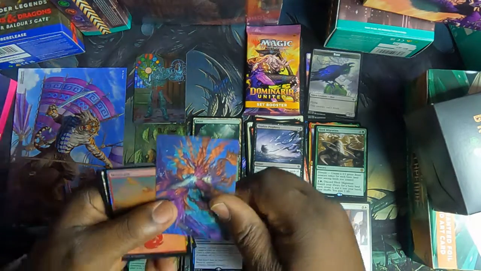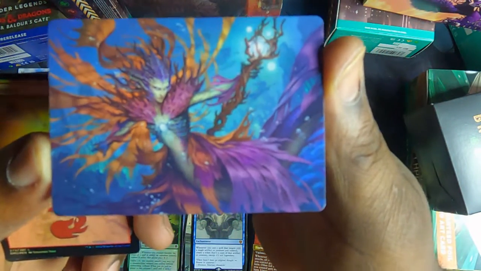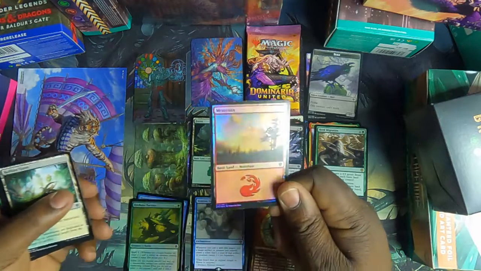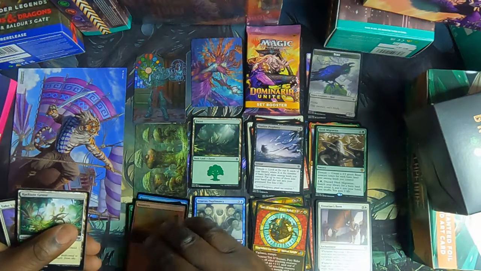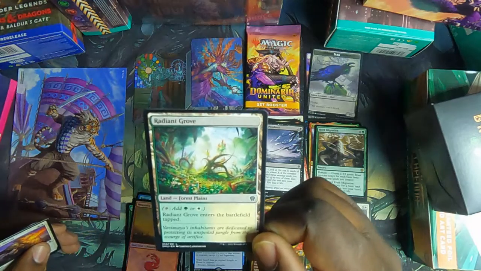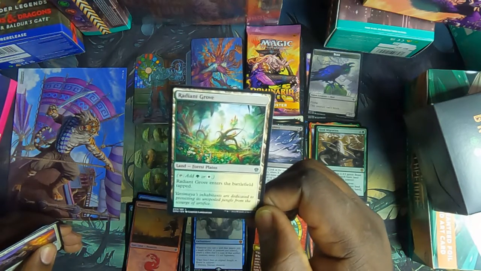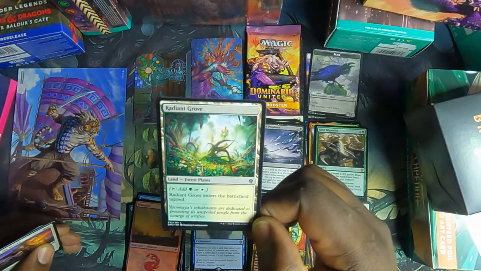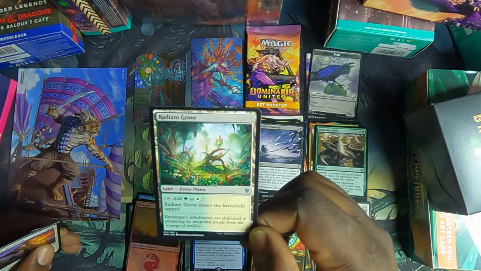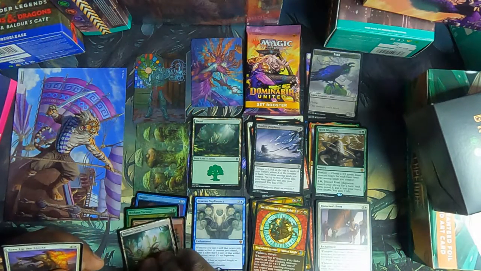Okay, let me turn this over. Oh, we've got some artwork, some more artwork. I'm going to bring that up close so you guys can see it. How about that? Take that in. I'll put it down here with the others. Foil mountain land. Radiant Grove is a land card, but it has some extras here. Let's read this. Add green mana or white mana. Radiant Grove enters the battlefield tapped. Yavimaya's inhabitants are dedicated to protecting its unspoiled jungle from the Scourge of Artifice. So that one is a common land card. I'm going to put it with the land cards